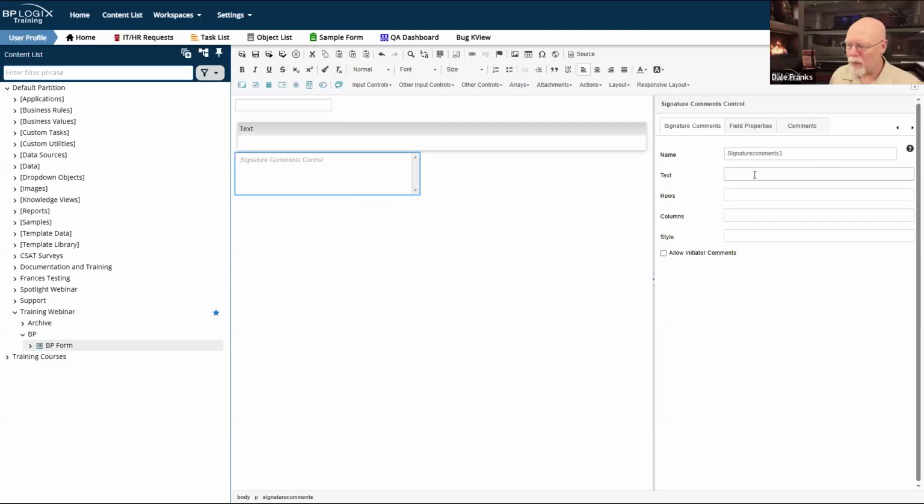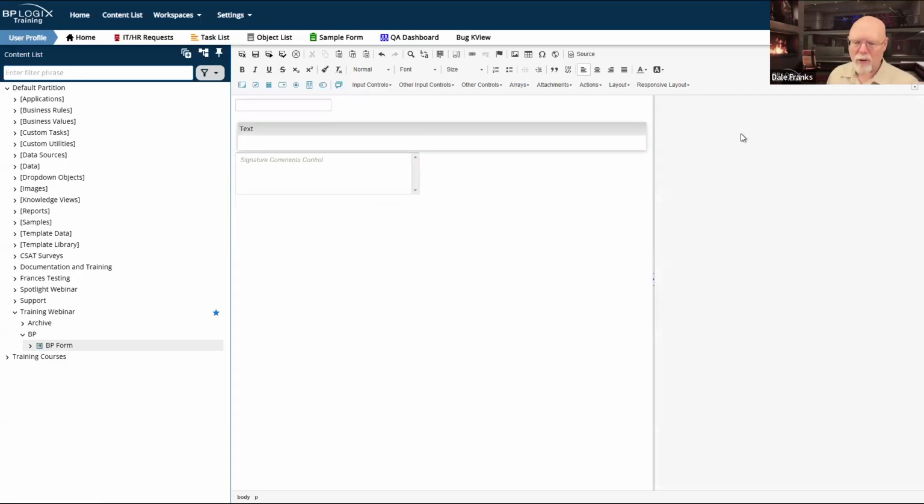It's super useful. As we talked about last week, they control their own visibility. All you have to do is just throw in the text that you want to appear when the control is displayed on the screen. The control will automatically display on the screen when it's supposed to.